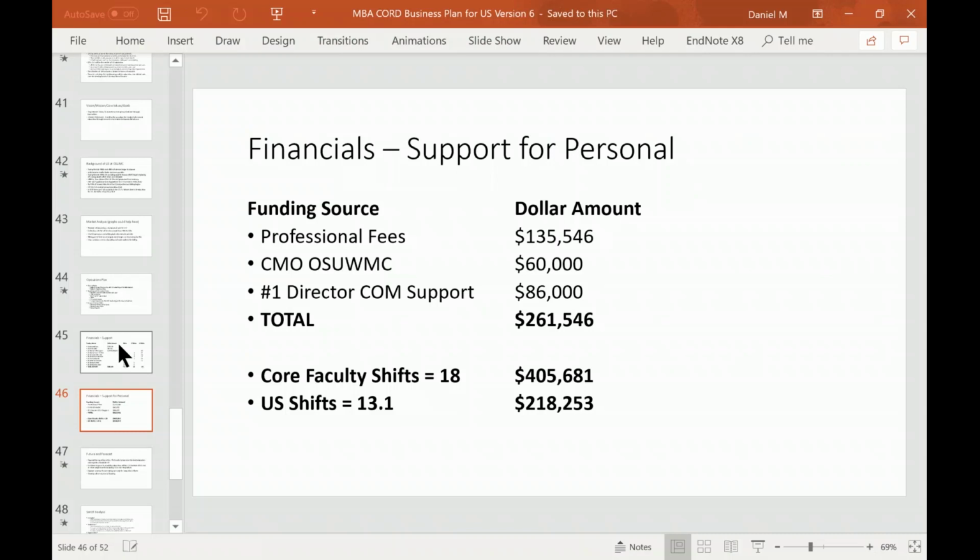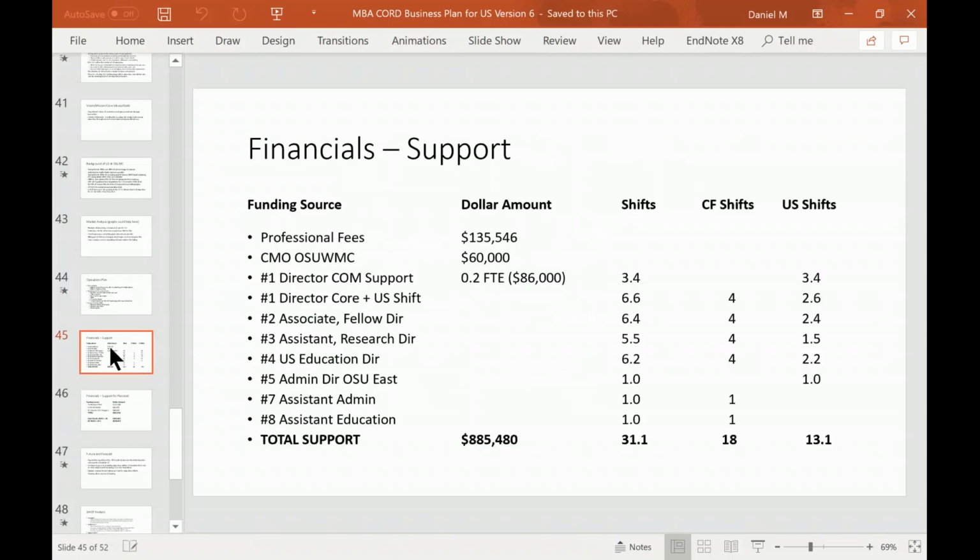But we were pretty generous by saying, if you're a full-time core faculty, then you have 4 shifts a month that are protected. And I think that was pretty generous, but that's helped our faculty members do a lot of interesting things. So I think we're hoping that we can stay by that, although I never know when that might change. So if you look at this slide before,